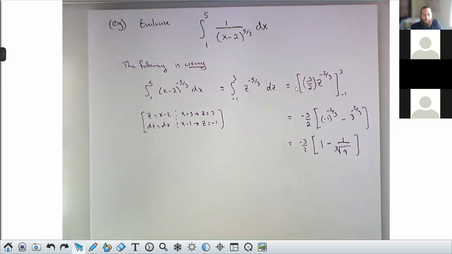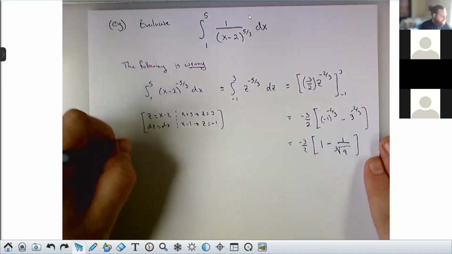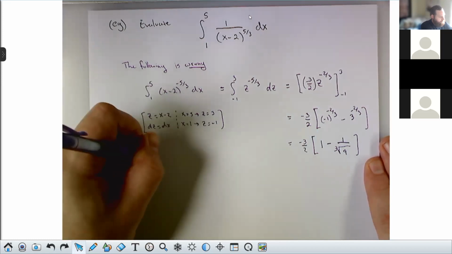Yeah. This function has a vertical asymptote at x equals 2. Not only is this not the answer, the answer isn't even a number. This is a divergent integral. What we need to do